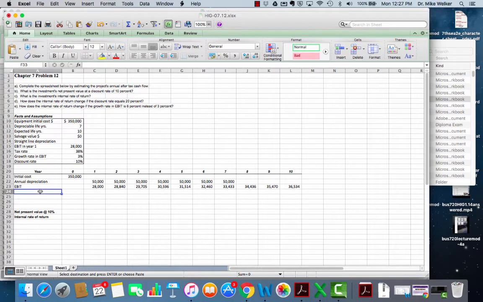So what we need to do is calculate taxes. Okay. So we'll add taxes here. The tax rate is 38%, right? From the table. Now there's a couple ways you could do this. You could of course just fill in the tax rate by saying, okay, set the taxes equal to EBIT times 0.38, right? And,